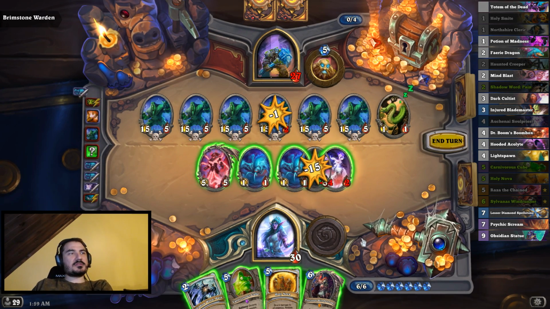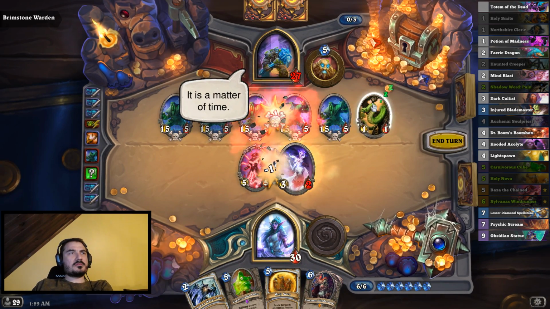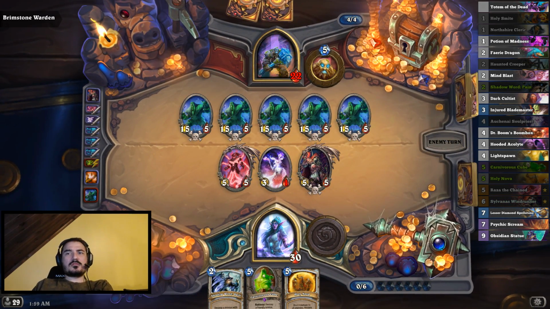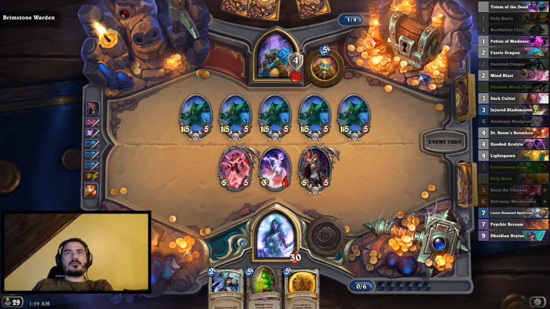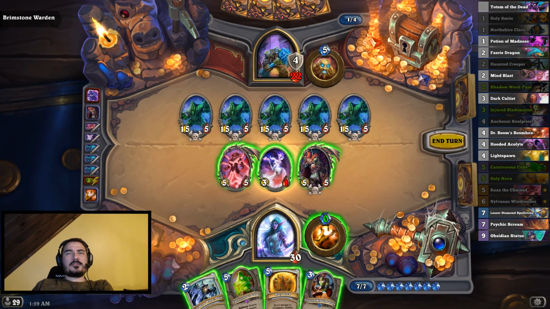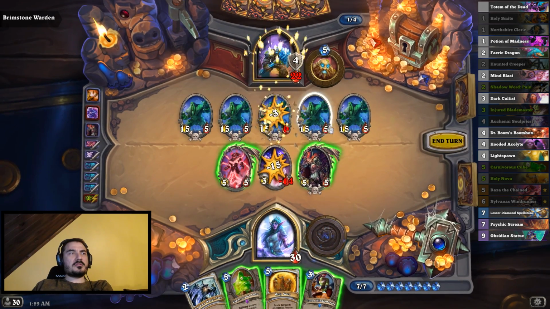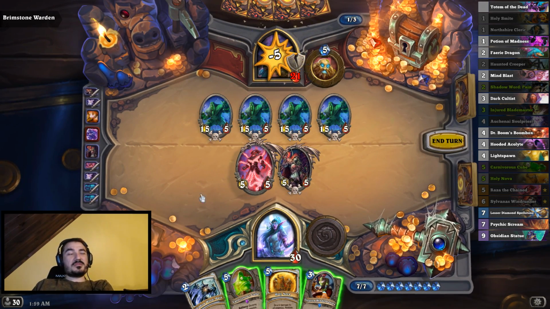Just one snake. Highlander decks all run Psychic Scream, why wouldn't they? Yeah, that's what I thought. I don't know. Let none survive. I'm not so sure about this play, but